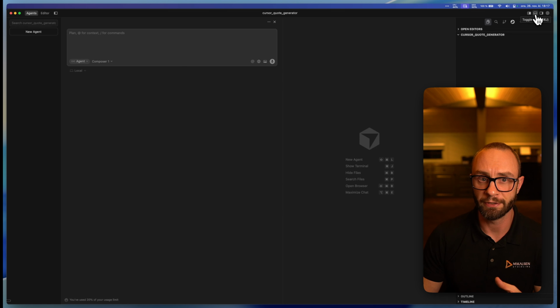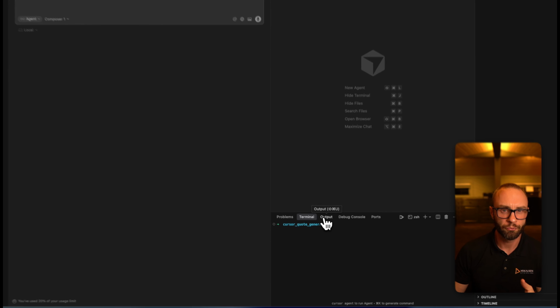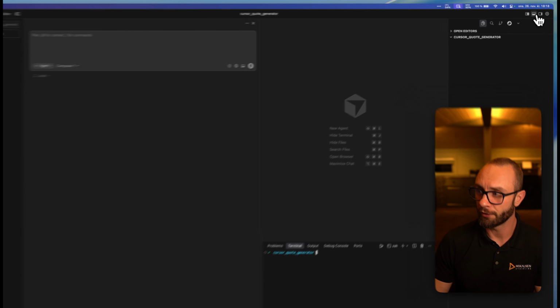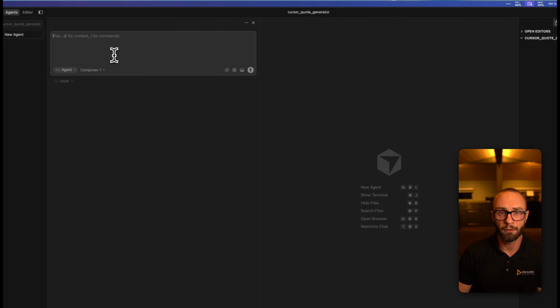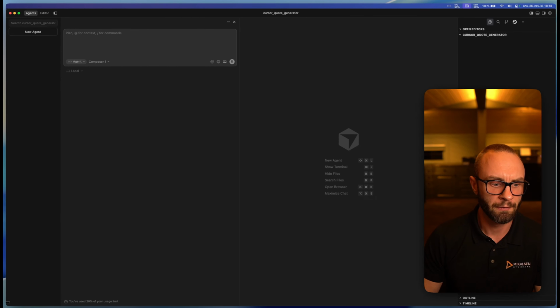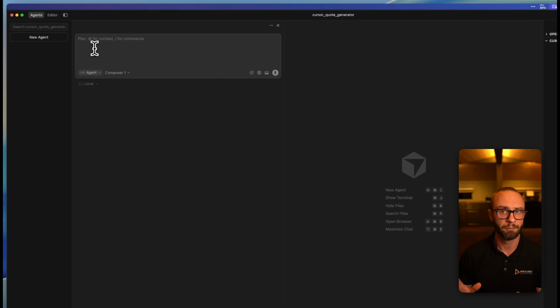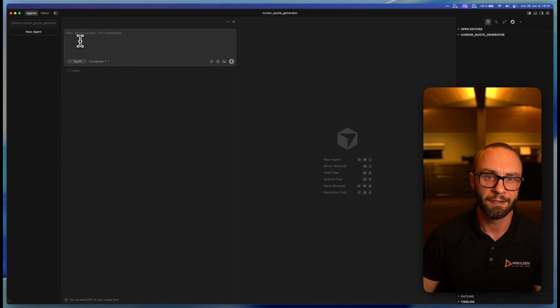If you come all the way to the top right-hand corner, you can see a toggle panel section. This is where you can open up the terminal and have debug logs. For now, we're not going to focus too much on it, but I just want you to know how to get those panels up and going. I'm going to hide it for now just to keep things very simple, since we are at a beginner stage. We'll use it later if we want to run the app manually, but don't worry if you don't know anything about this, because the AI can actually run it for you and start things and stop things. You just need to know how to talk to the AI.